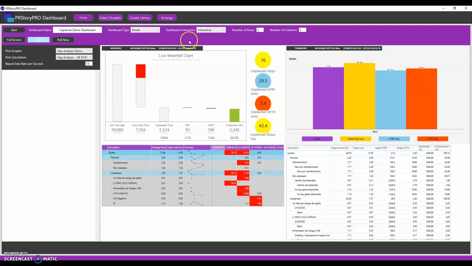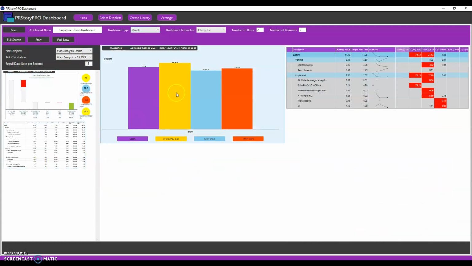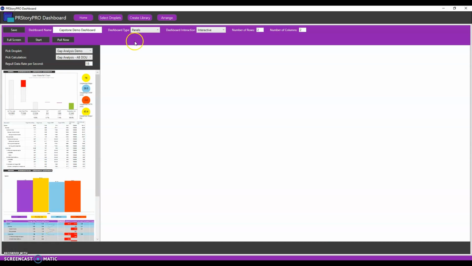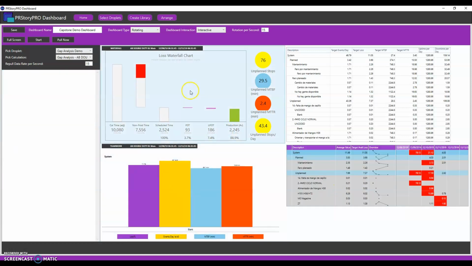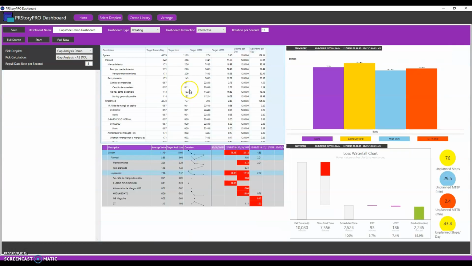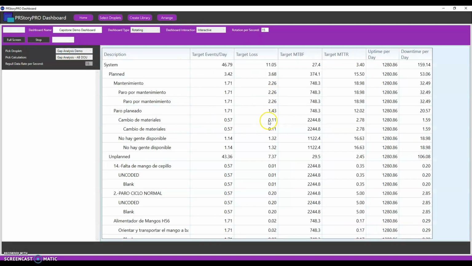So now let me stop it here. And let me change the dashboard type to rotating, to give you an example. Again, I'm going to use the same 4. And the order that I put these in determines the order of rotation. So it'll rotate from the first row to the right, and then the second row to the right, etc. So if I click start again, it's going to start with this one, and in 15 seconds it'll rotate